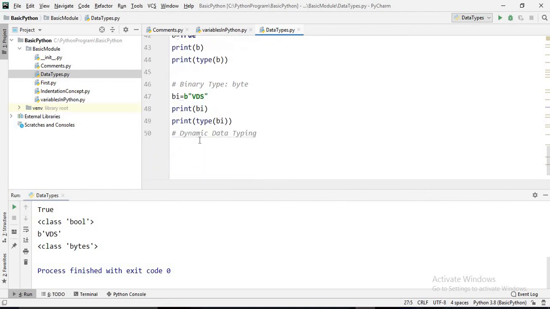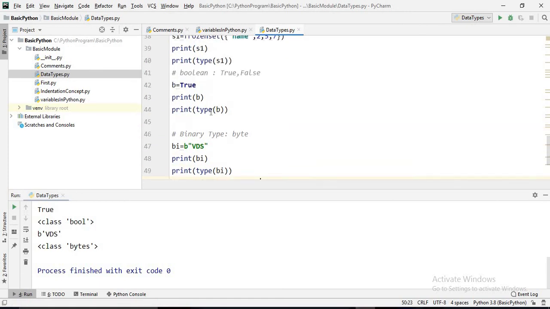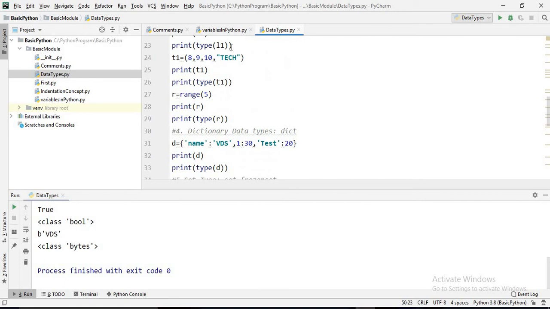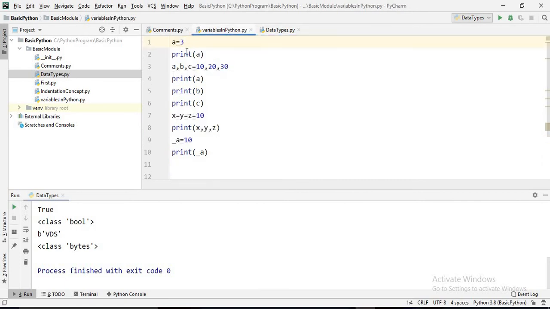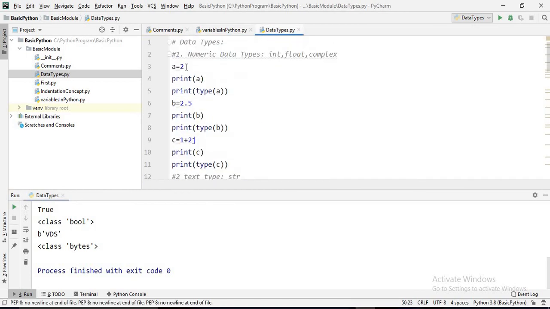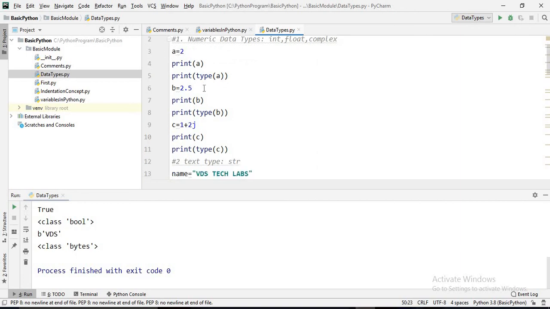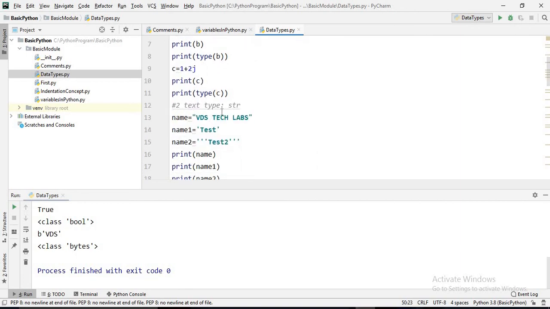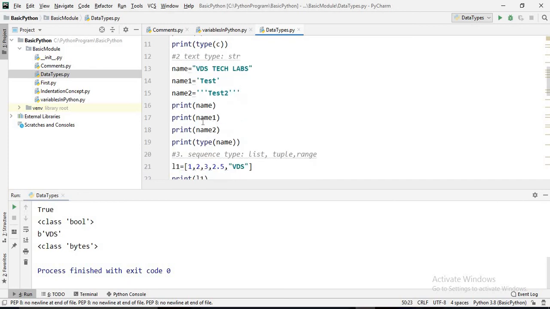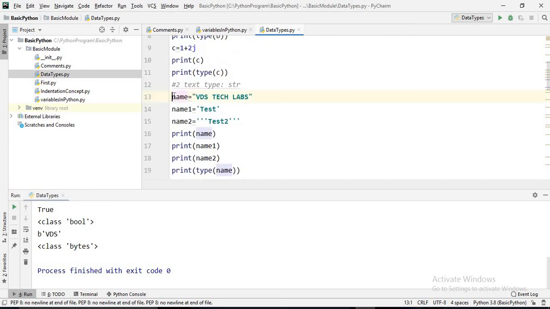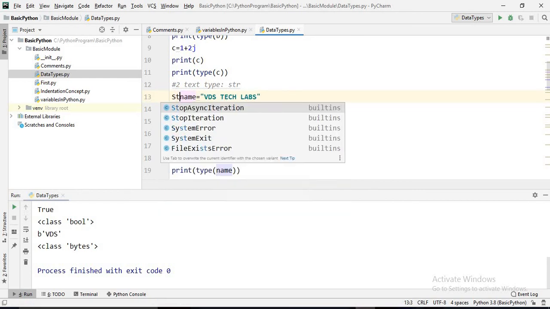Now we are able to discuss what dynamic data typing in Python is. If we noticed in the variable section, whenever we assign a value, we did not mention the data type. In the same way here, whether it is a numeric data type or a string data type, we did not mention that this is a string.